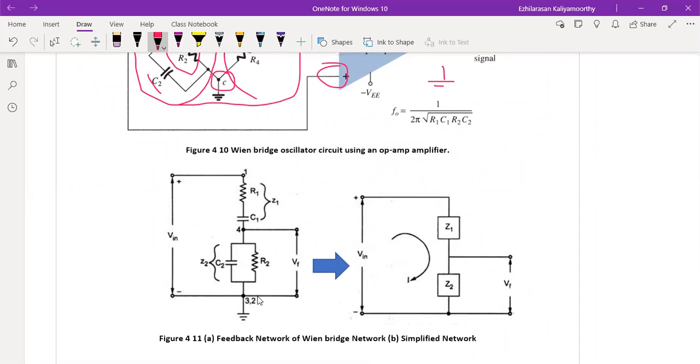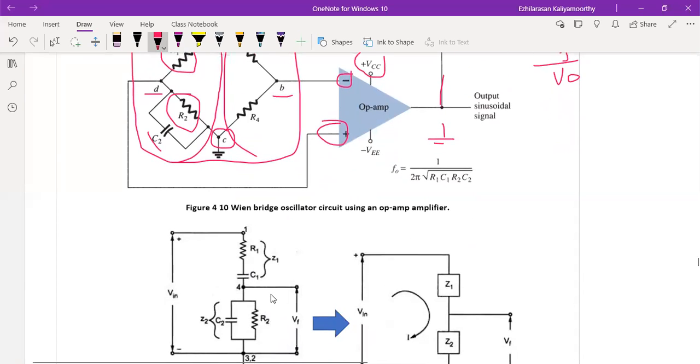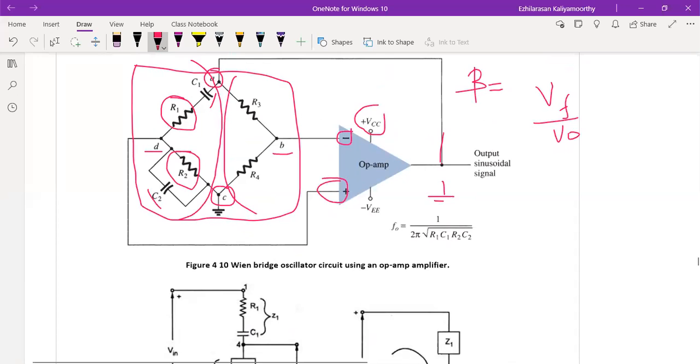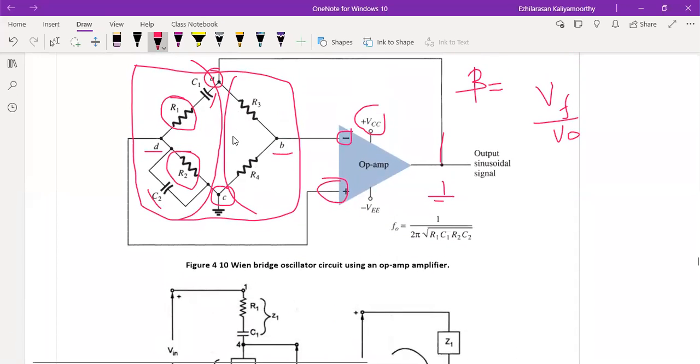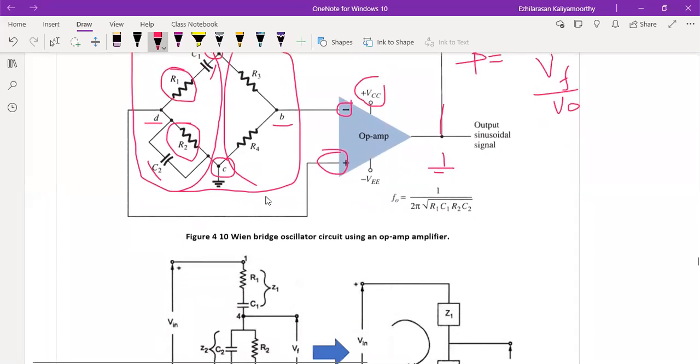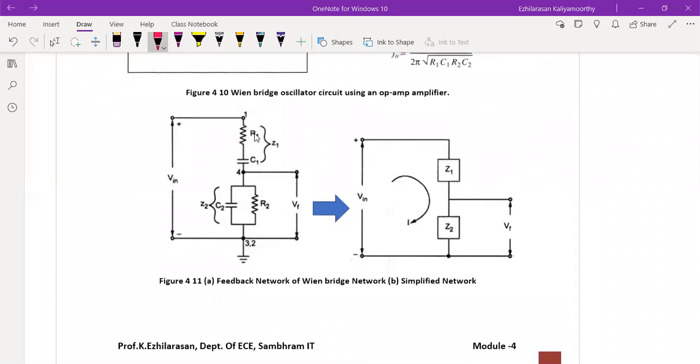Same circuit, only we redrawn here, like R1 C1. See the R1 C1, yes, the series is connected. That point C1 is connected to somewhere it's going. We are not going to take the R3 and the R4, leave this, because here the frequency adjustment is only these two. So we are going to consider only R1 C1 and R2 C2. See here, R1 C1 then R2 C2.